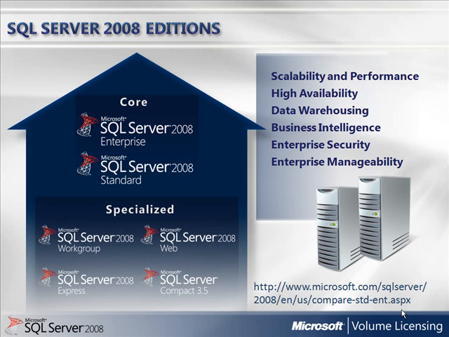There are 6 editions of SQL Server 2008 in 2 categories: core and specialized. The specialized editions are just that, specialized for particular functions. There's Workgroup Edition to run branch locations, Web Edition to run large-scale, highly available web applications, Compact Edition to build applications for mobile devices, and Express Edition for building desktop and small server applications. The Core Editions, Standard and Enterprise Editions, are likely to be those that a business will choose for their core